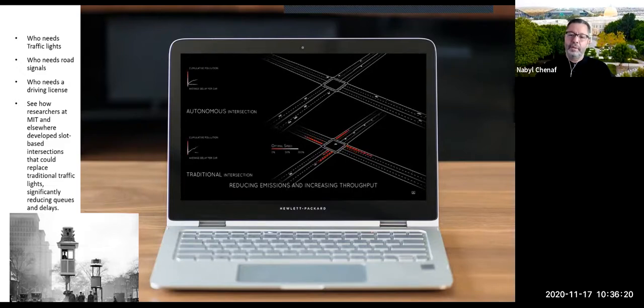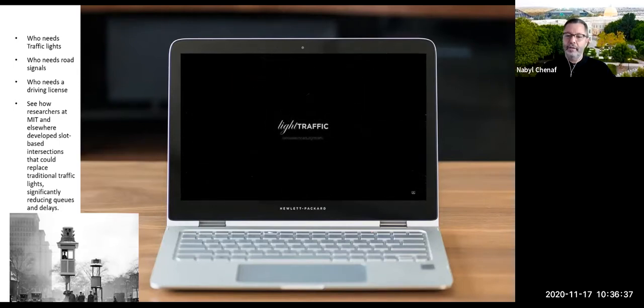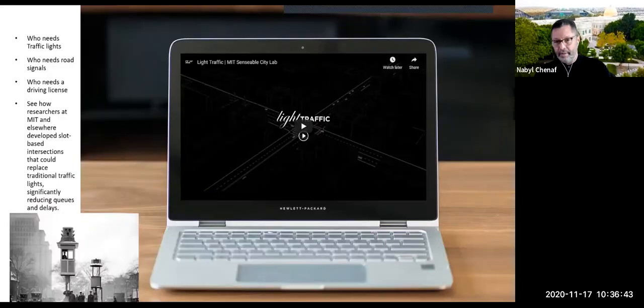Using sensors to stop and organize, turn and so on, you basically don't need smoke signals. You don't need to have a license because it doesn't mean anything anymore. You don't need a car. Do you need to own a car?